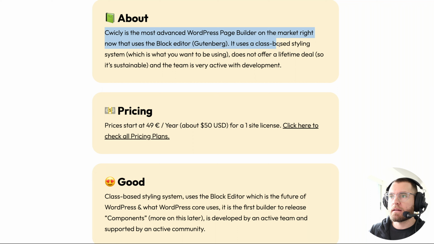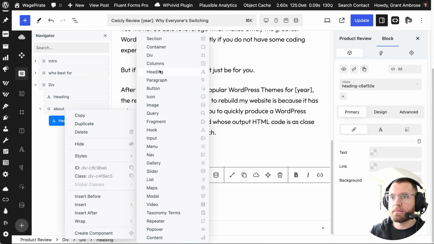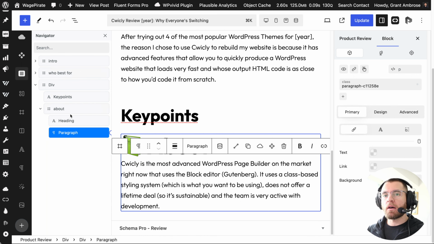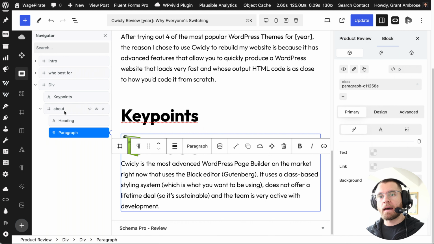Back here, let's go and copy that. And then under the heading, we want to go and insert some text, the paragraph, and paste our text in there. Now, before we go ahead and do the other blocks here, so the good, the bad, pricing, and verdict, let's go ahead and add some